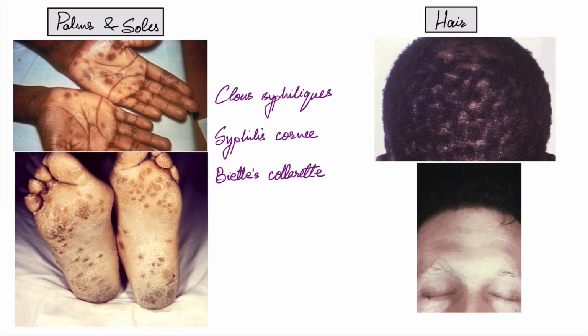The moth-eaten alopecia, which is a patchy, non-scarring hair loss, is seen in syphilis. Here in the picture we can see the moth-eaten alopecia over the scalp. We can also see alopecia of the eyebrows in the lower picture. Now coming to the nails. Nails are lusterless, brittle, may have pitting, even onycholysis and